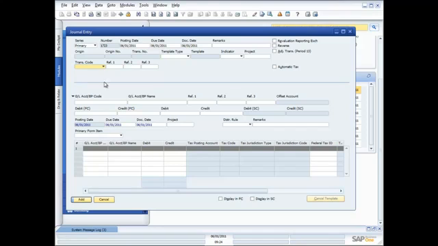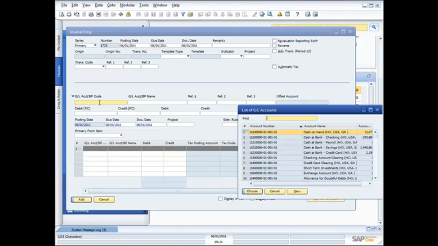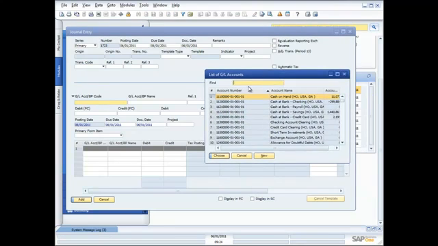So when I go through and I want to put in a transaction, well, the first thing I need to do is I just need to look up the account in my chart of accounts. Now I can do a find here. If I want to search on the account number, all I do is double click on the account number field, and it's going to now be searching in the account number field. Or if I want to search in the account name field, I just double click on there,